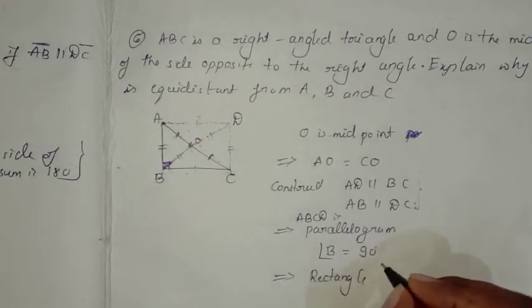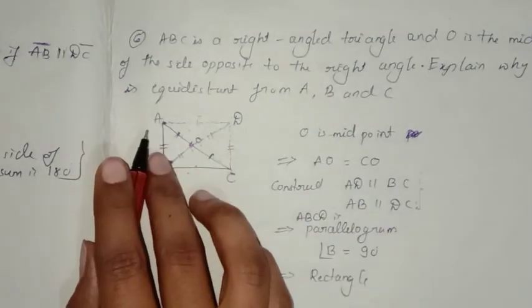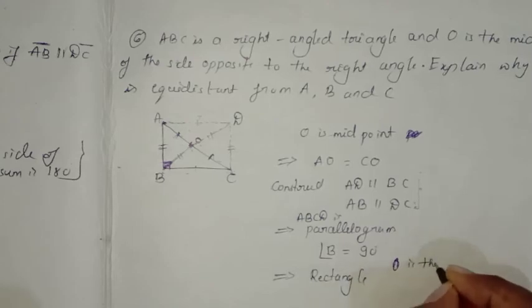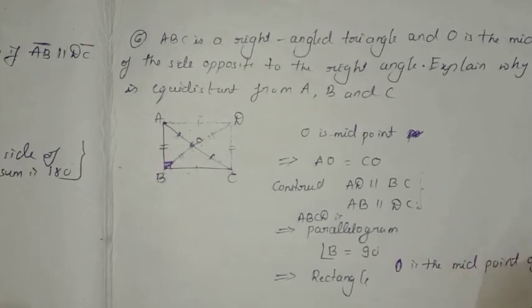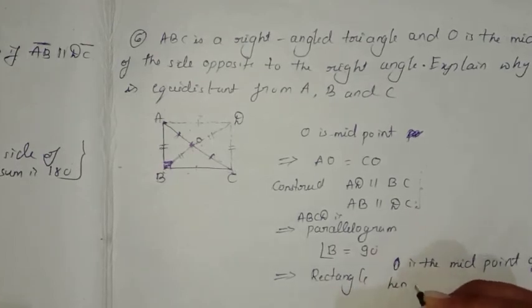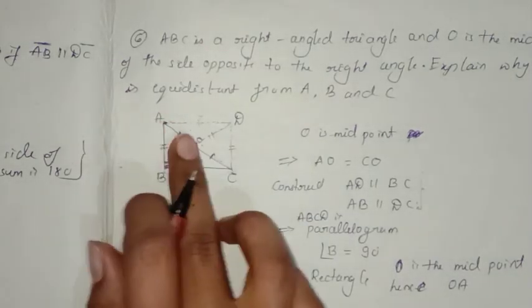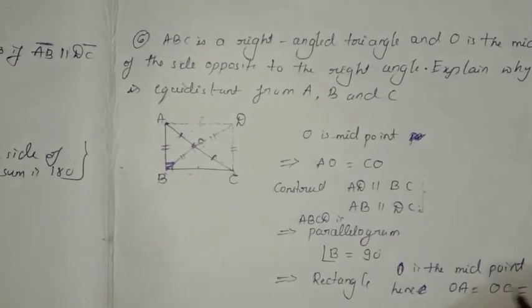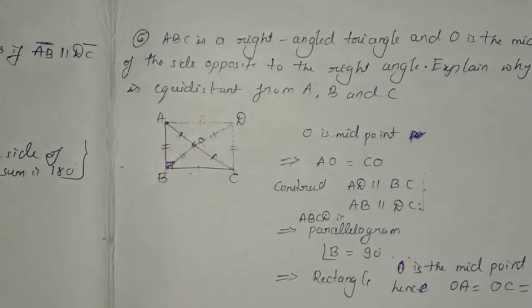So here you have to mention this one also, it is the equidistance. So just write what we will write: AC, O is the midpoint of AC. Hence OA equal to OC, which is equal to OB. That means it is equidistant from the midpoint. So O is the midpoint. So we will mention this one also. So this is okay.